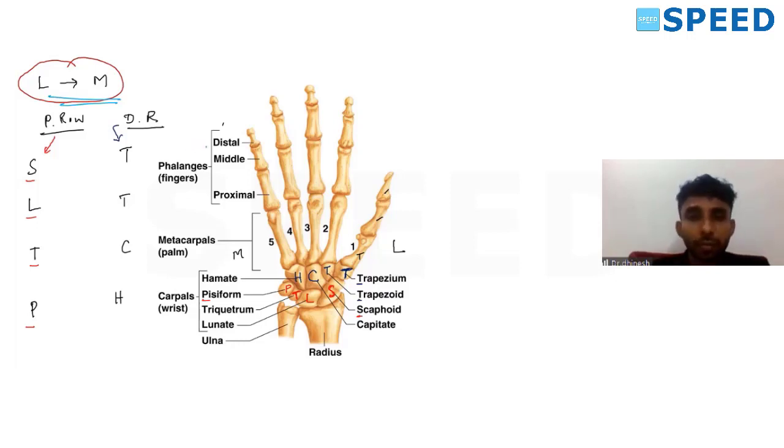Now let's talk about the peculiar features of the carpal bones which are frequently asked in entrance exams. What are the peculiar features of the various carpal bones? When I talk about the most commonly fractured carpal bone, any idea which is the most commonly fractured carpal bone among the 8 carpal bones? Yes, scaphoid. Scaphoid bone fracture is very common comparatively. So the most commonly fractured carpal bone is scaphoid.